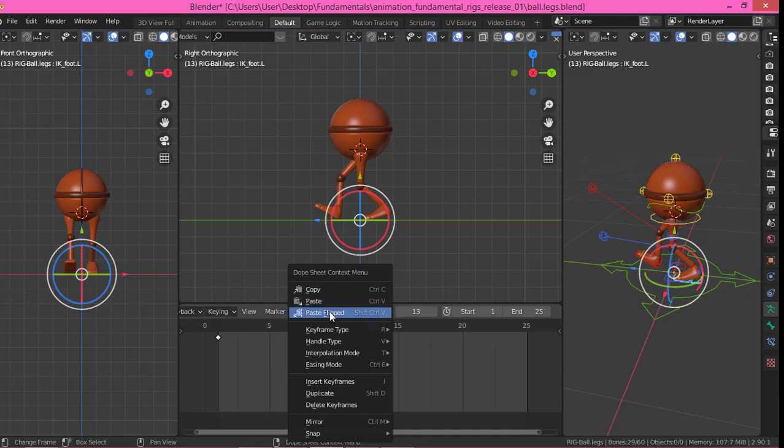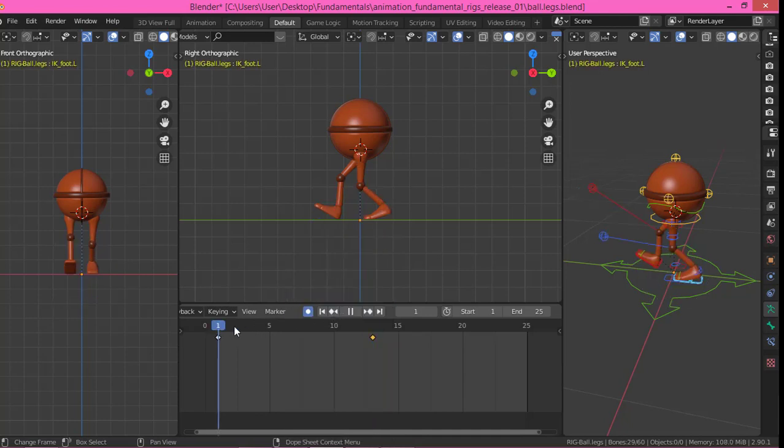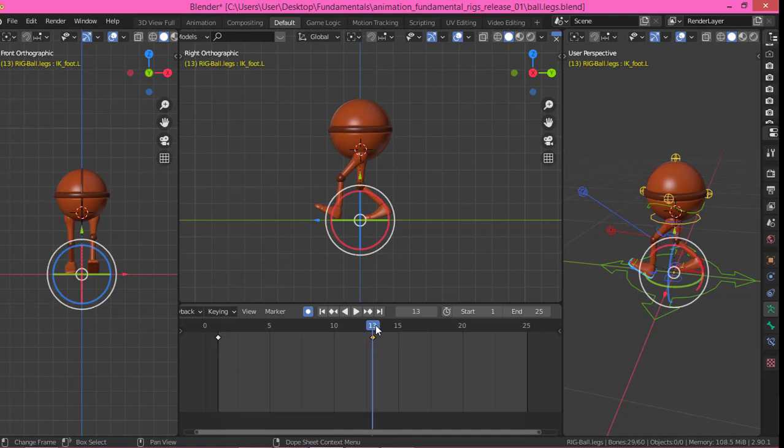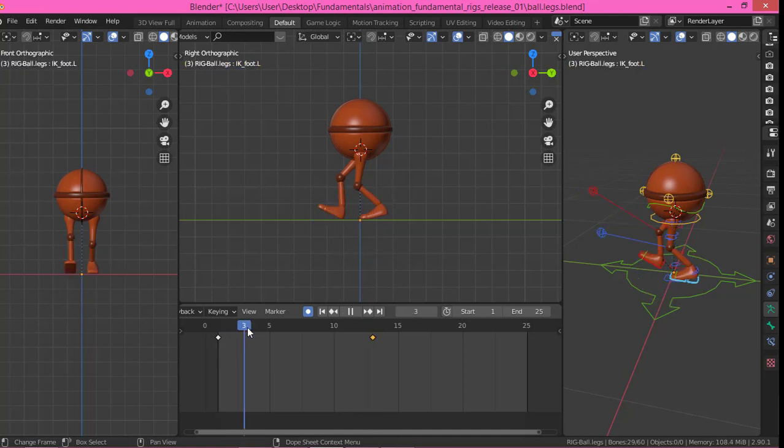So let us paste flip. You notice something like this, that's just sliding from one pose to another. So the next pose now will be the down pose. These are the contact poses, and the next pose we'll be doing now will be the